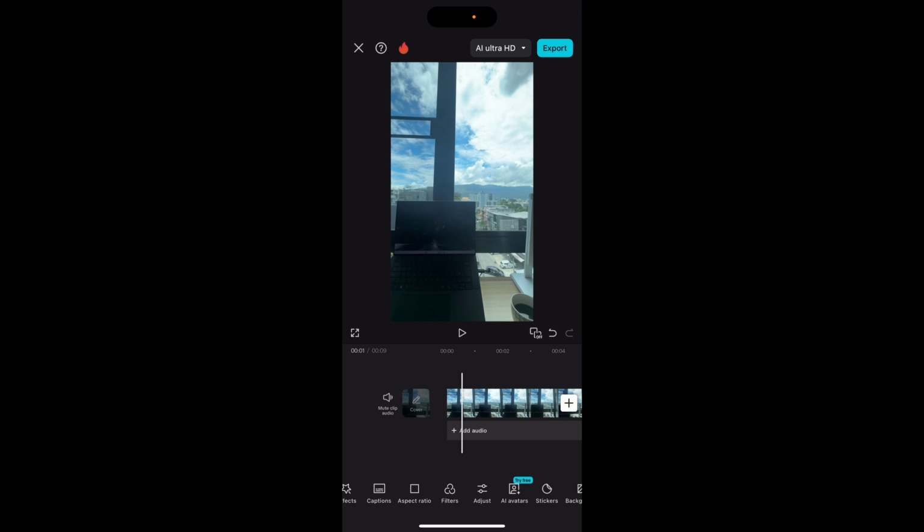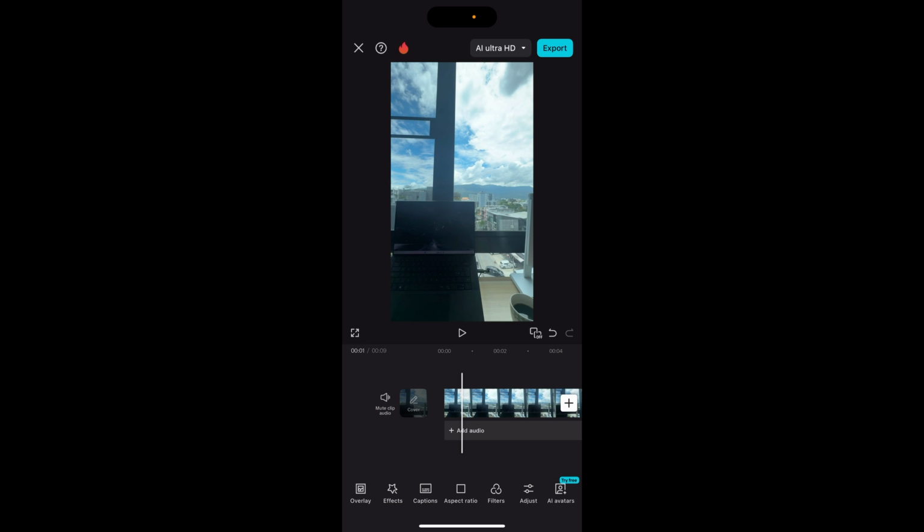So what you first need to do is open up a new clip on CapCut and then drag your clip in. Now once your clip's in, you can edit it, but what I would recommend you do first before making any edits, make sure you click on the black space and not on your video. And then this will give you the option to scroll through the bottom slider,